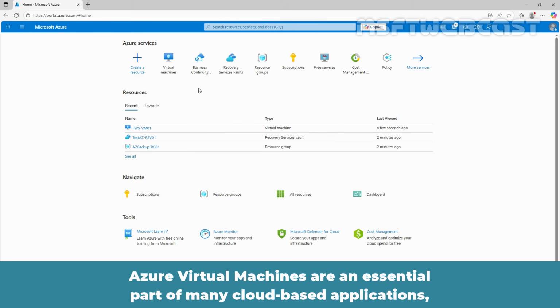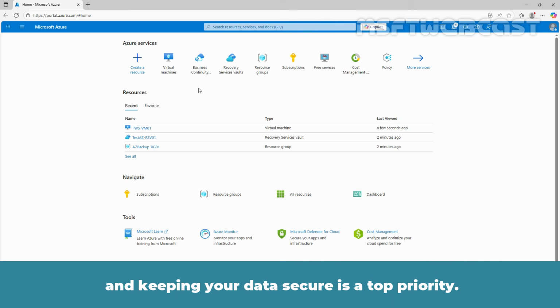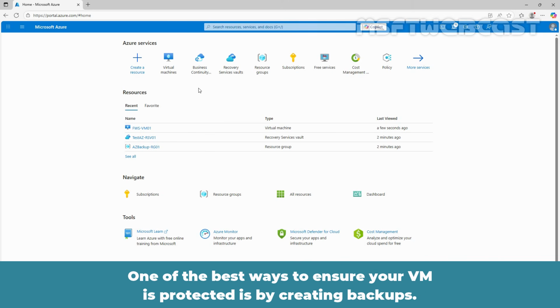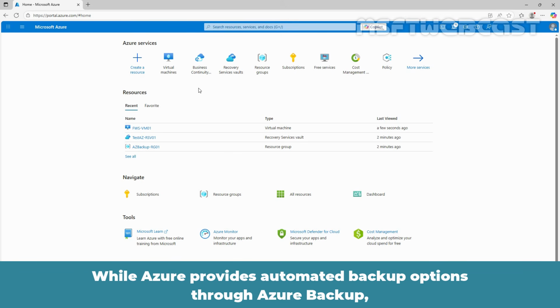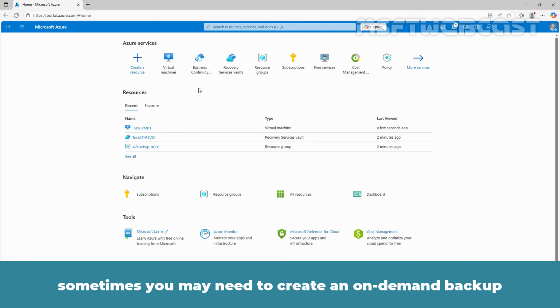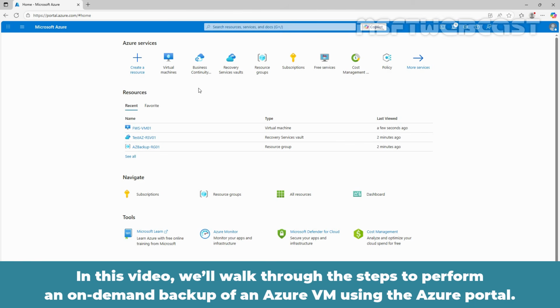Azure Virtual Machines are an essential part of many cloud-based applications, and keeping your data secure is a top priority. One of the best ways to ensure your VM is protected is by creating backups. While Azure provides automated backup options through Azure Backup, sometimes you may need to create an on-demand backup to capture the state of your VM at a specific moment in time. In this video, we will walk through the steps to perform an on-demand backup of an Azure VM using the